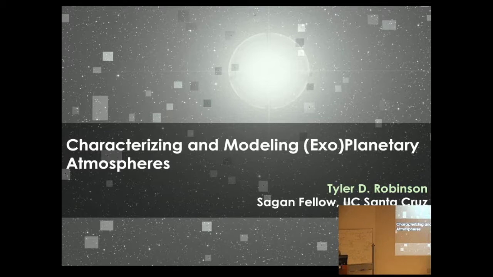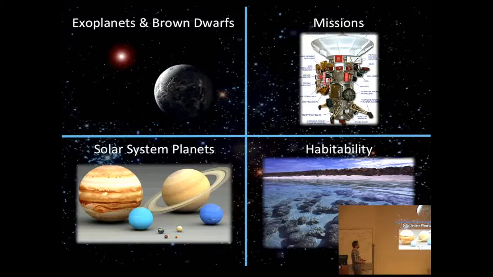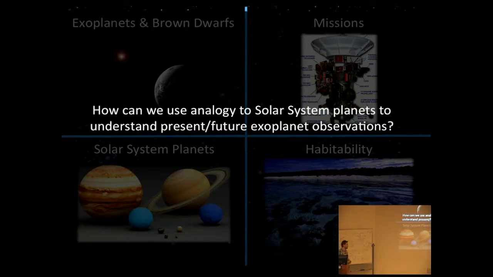Okay, so the things that I work on fall into 4 different categories. I do exoplanets and brown dwarfs. I do mission-oriented stuff, as I talked about yesterday, specifically related to WFIRST and HabEx. I'm interested in solar system planets, and I do some work on those. And then, having come from an astrobiology program, I still maintain some keen interest in that, so I do a little bit of work or thinking on habitability. So I'm going to touch on these different points and let you know what tools I have that you could come talk to me about that you may find useful.